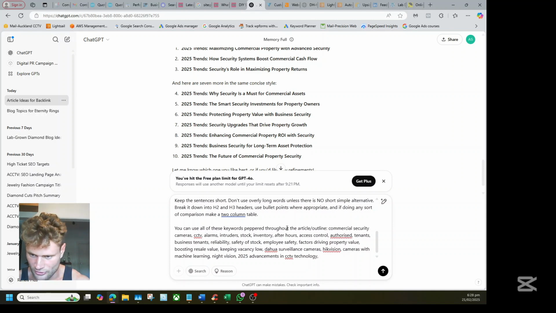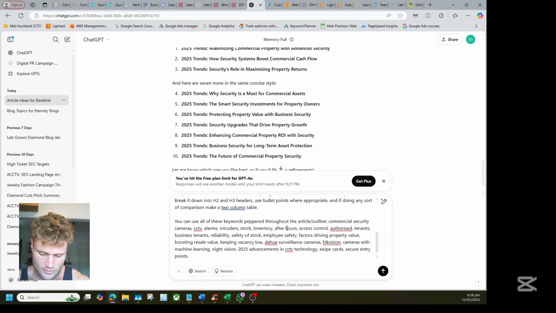We've already done access control, haven't we? We'll say swipe cards, secure entry points, visual perimeter control. Have we got business security? We haven't got business security yet, have we? Business security, business property.